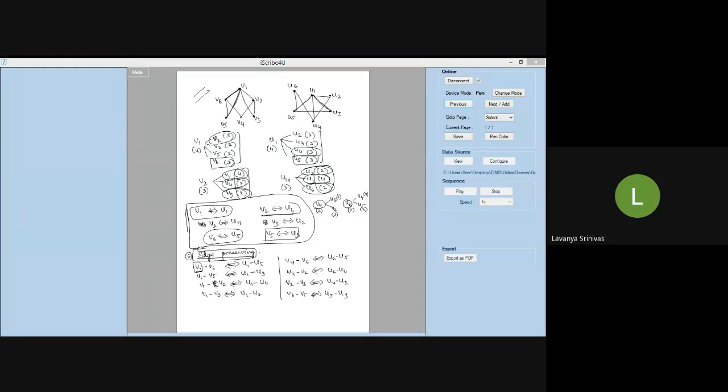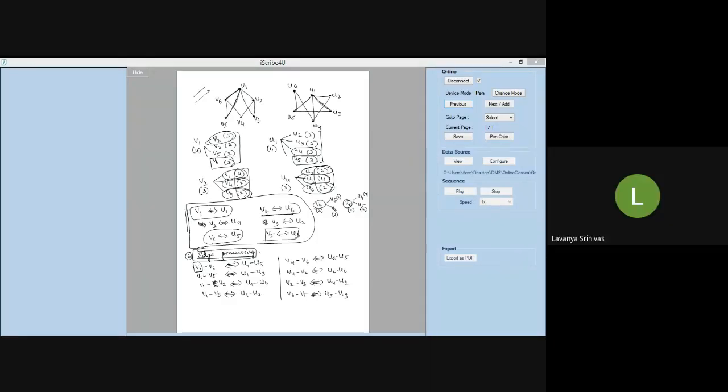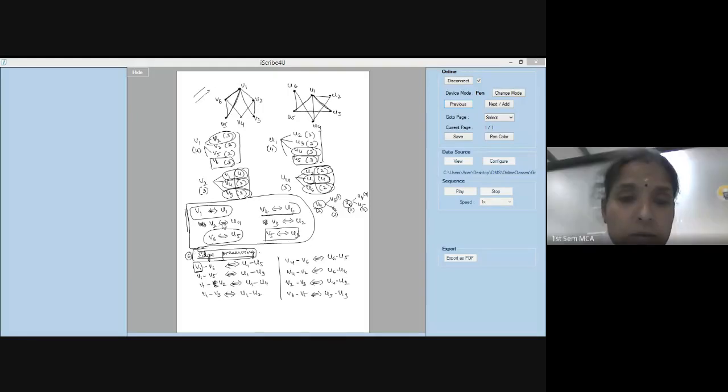In the second graph, you have written, ma'am, from V2 to U1, we mean V1, V3, V4, and here V4 to U2, U1, U6. In this V1 to U1, you have taken one, ma'am, equal. Edge or vertex? What are you talking of? Vertex, ma'am. Okay, vertex preserving. What is your doubt?